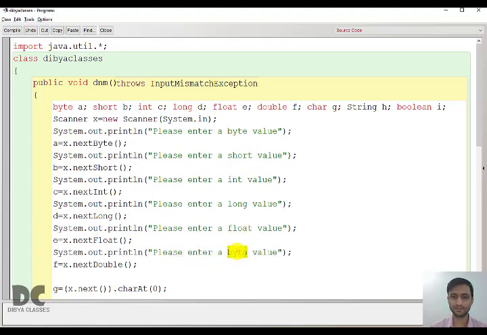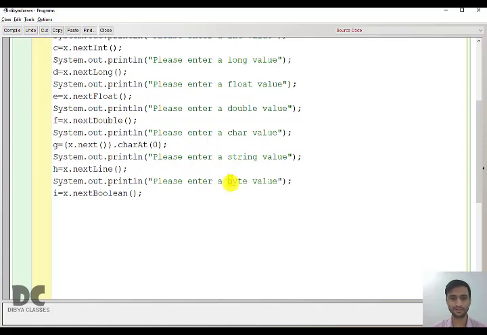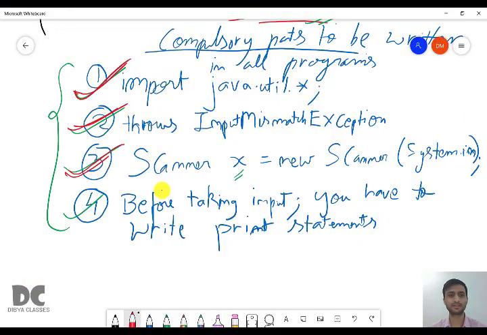Please enter double value. Please enter single character value. Please enter string value. Please enter boolean value. So each input statement should be preceded by print statements, and all these four are compulsory.